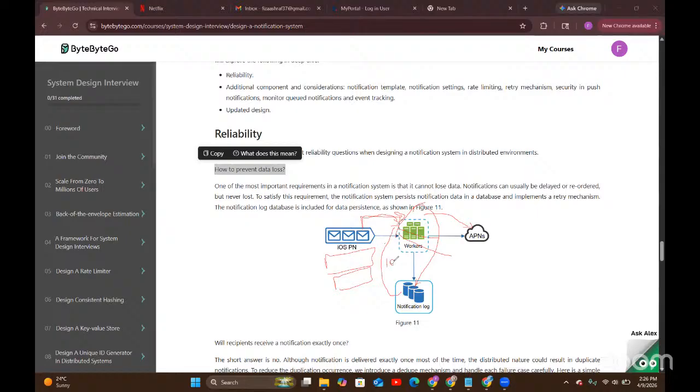So if after retrying 10 times we are not able to send the notification, then there is something wrong with the messaging or something. We need to investigate it further. So for that purpose, we store this information in the notification log. At every single notification that is being sent out, even if it errored out, is present in the notification log, so that we are able to investigate what happened,